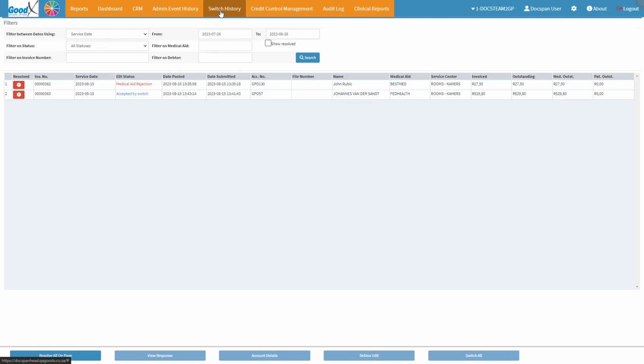Click on a Switch History tab to open the Switch History screen. All the information about when the claim of the patient's visit was switched and sent to the medical aid, the response to the claim, rejections and reversals. For more information on how the Switch History screen works, please refer to the EDI Switch History user manual linked